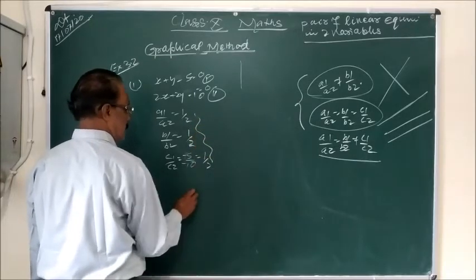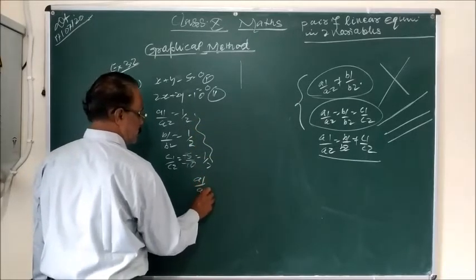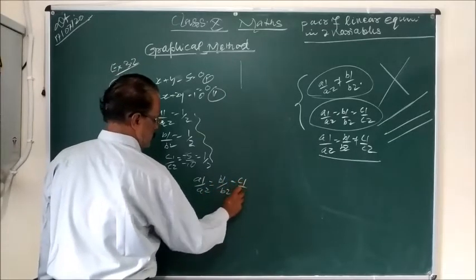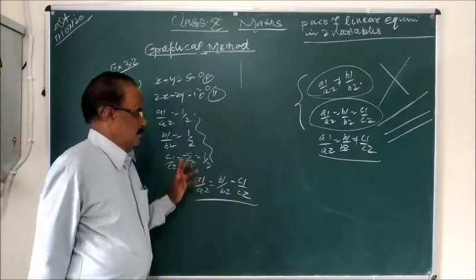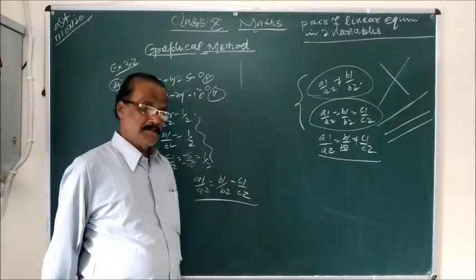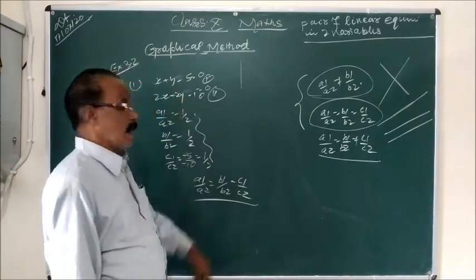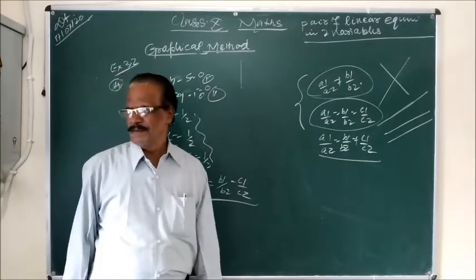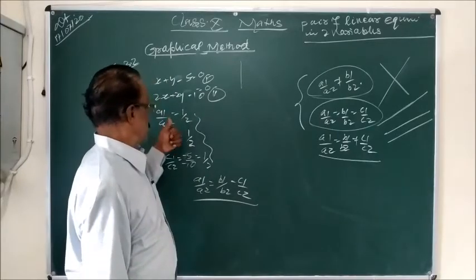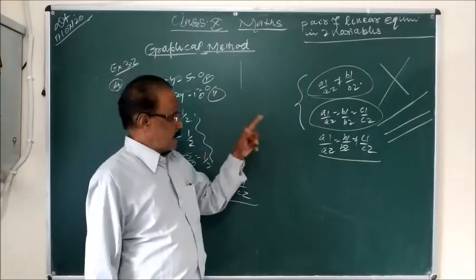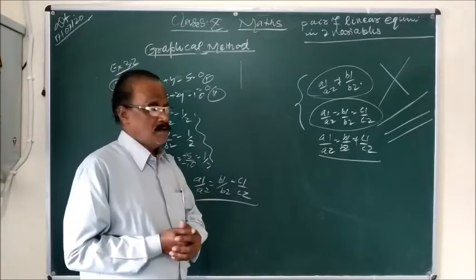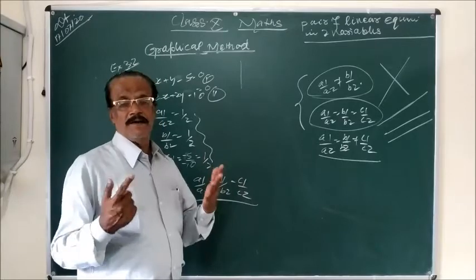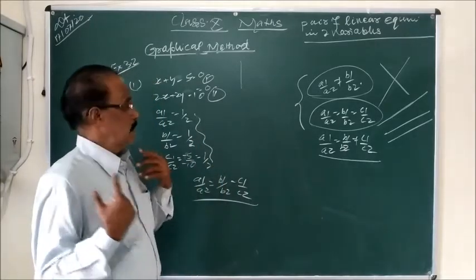Now what do you observe? We observe A1 by A2 is equal to B1 by B2 and it is equal to C1 by C2. Therefore, the equations have many solutions and the equations are consistent. So the first part is done, the equations are consistent. Since the equations have many solutions, we cannot find the values of x and y. Meaning is uncountable, unlimited.